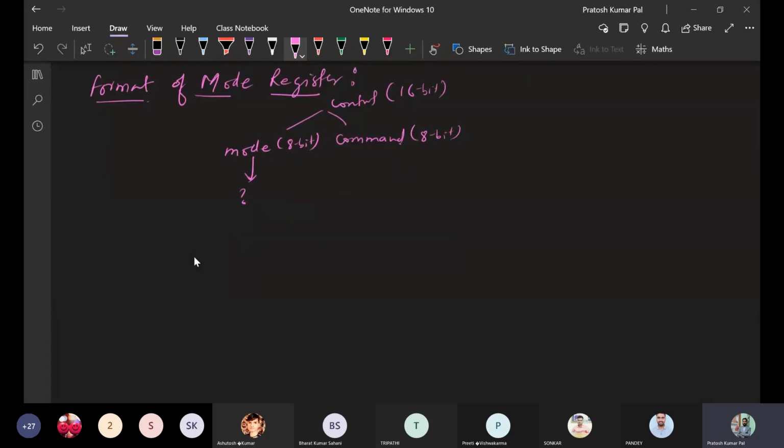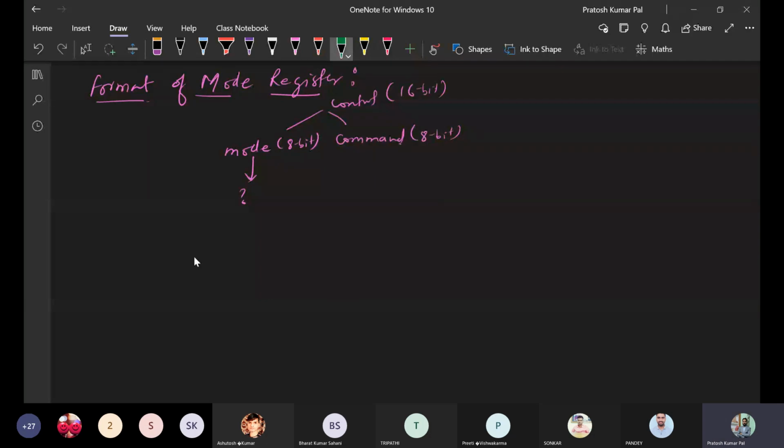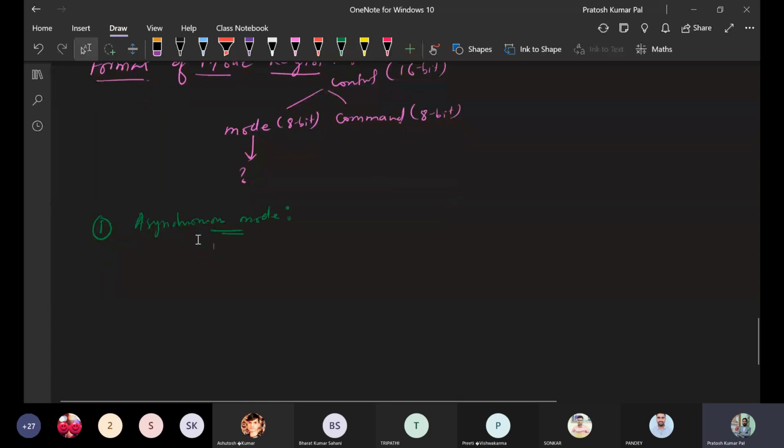Okay, so we will see the format of the 8251 mode register. In that format, based on whether it is going to perform the synchronous operation or asynchronous operation, we'll see. If suppose it is performing asynchronous related operations, then in that case, what will be the format of the mode register?